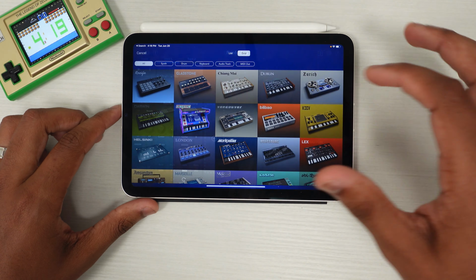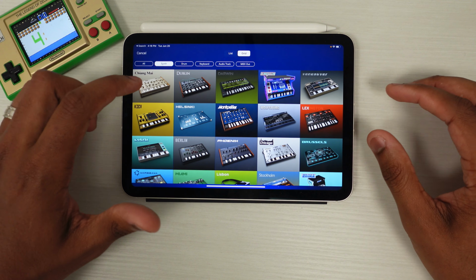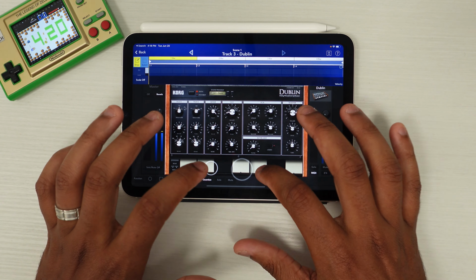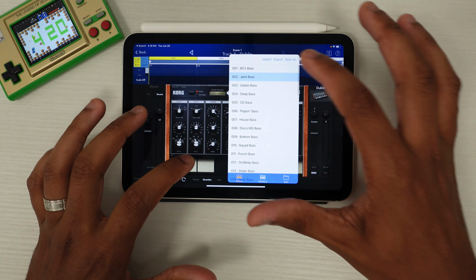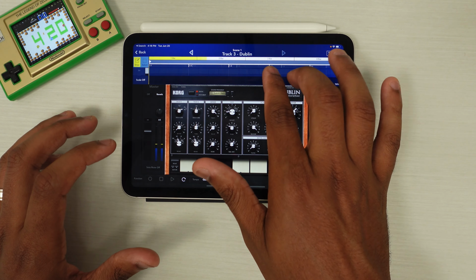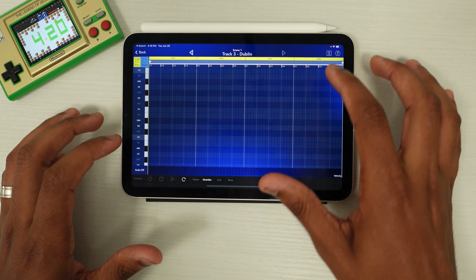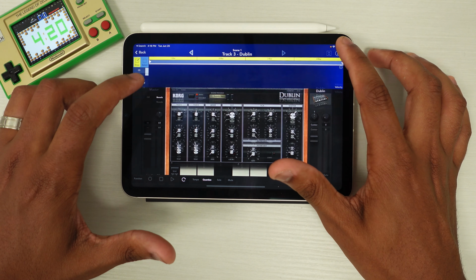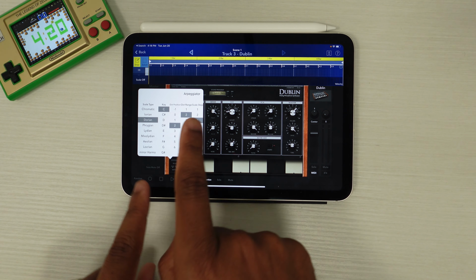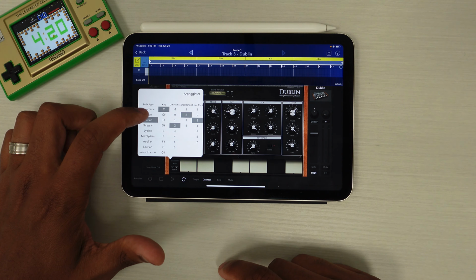Now we might go out and come in here and pick a synth, go to synth up top, and we might go to drums, or not drums, I'm sorry, bass. And you can tap this to go do different bass sounds. I might go with this one. It's already set to 4 bars, like it was earlier. So also it's important to note that if you hit this button, scale, you could effectively change the scale that these keys will play. So for example, chromatic scale,